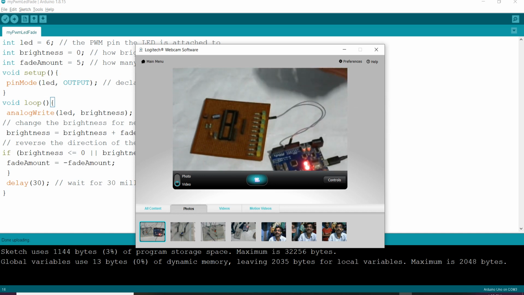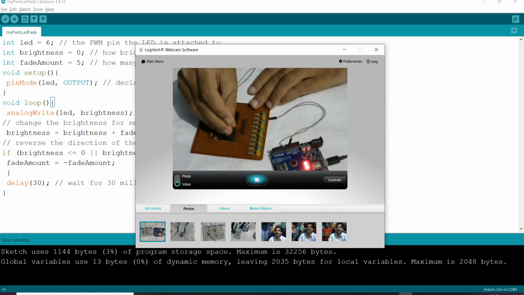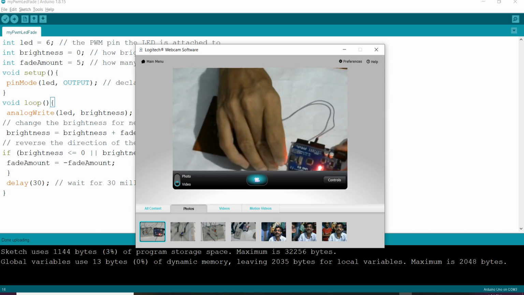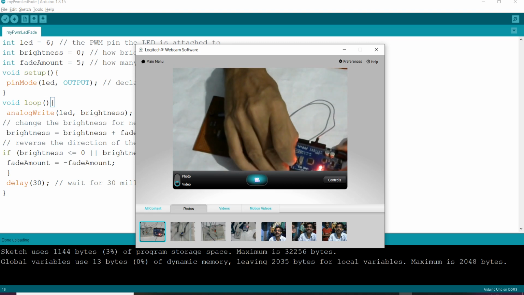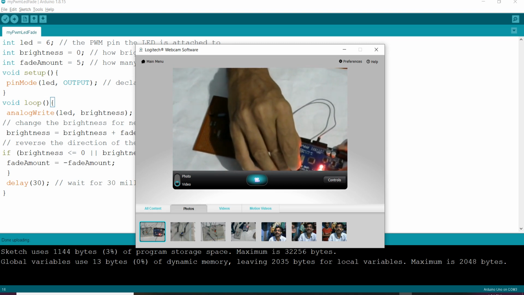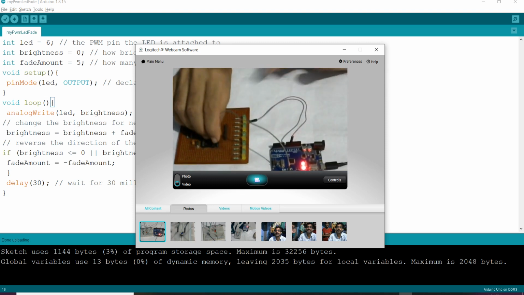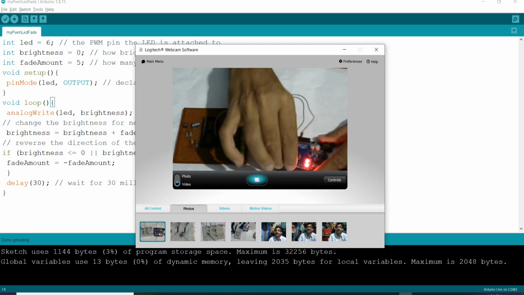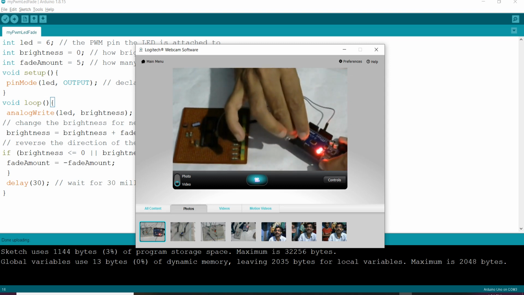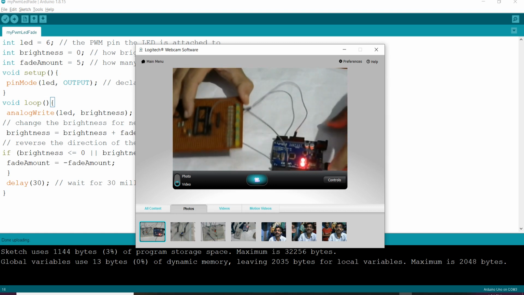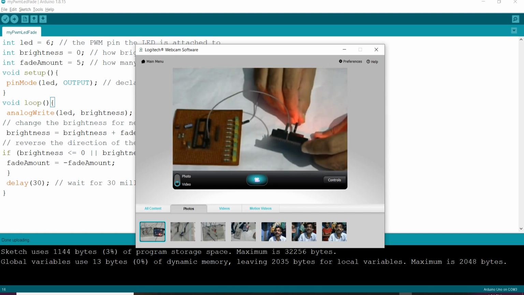So here I am taking any LED. Now I am connecting this LED to which pin number on the board? I think we have in the program LED pin number 6. So 7, 6, this one. Yes, this is the way. And pin number 6 is also a PWM pin, so no problem. Almost done, just a minute, let me check that one.